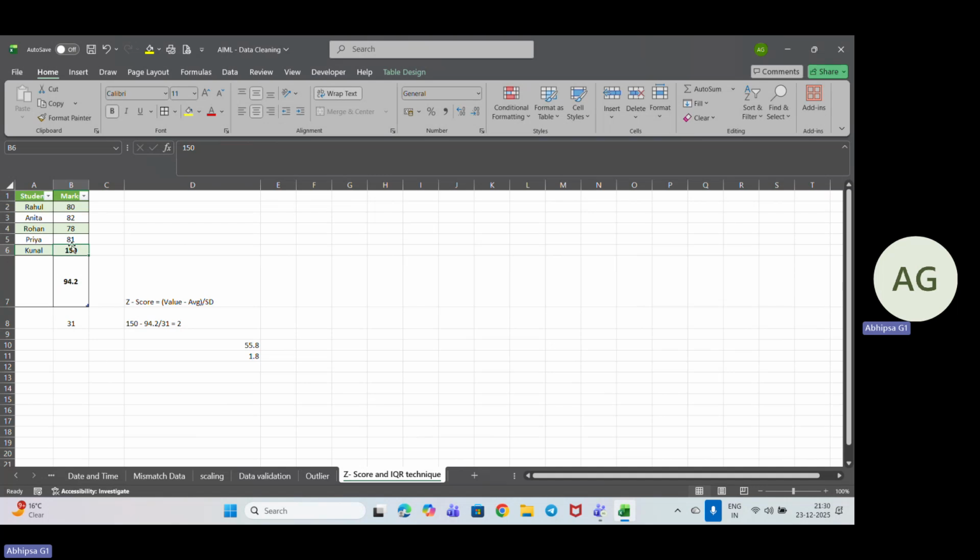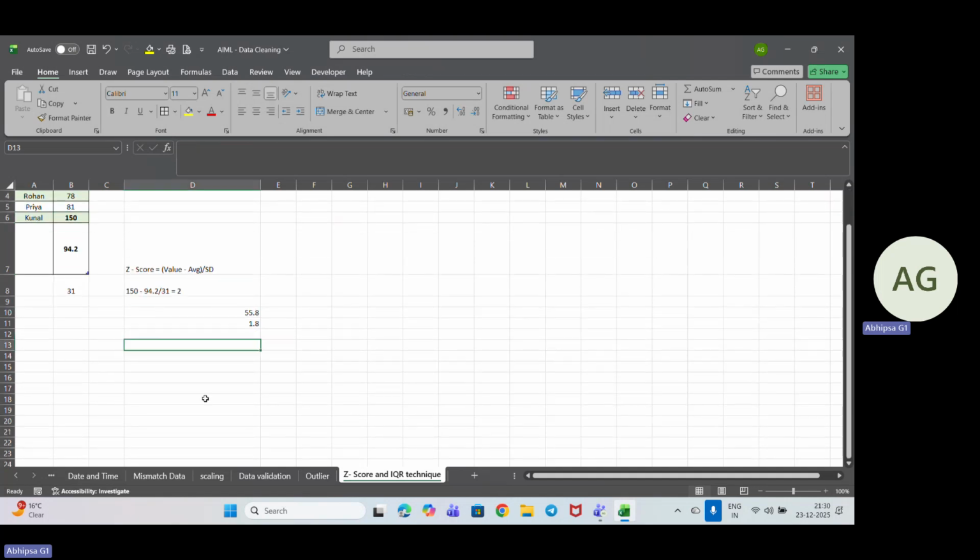Okay, because the range we have taken is around 150, so it is like 50 more than the value that we have taken. So this is what we can take. If we are taking another example, suppose the marks we are taking are around